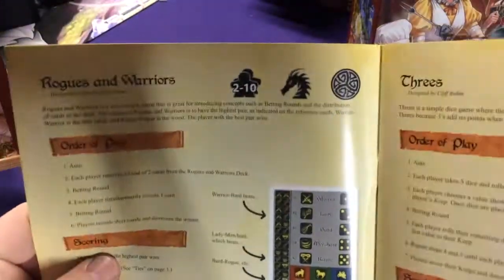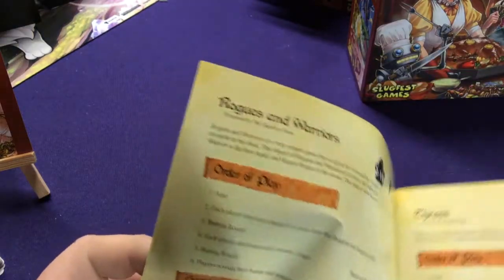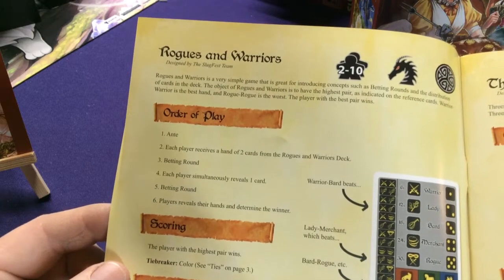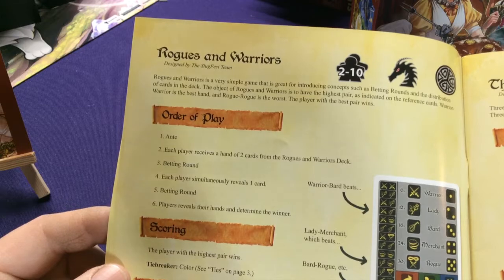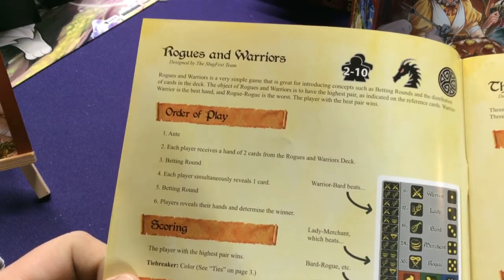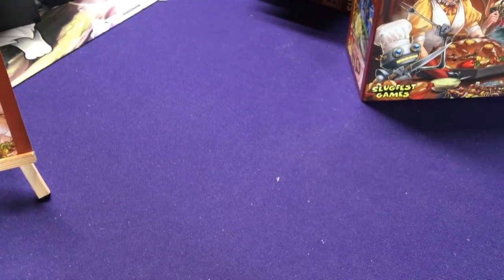More or less, they didn't really explain how anteing and betting work. But the idea is you're going to get 2 cards in your hand, so you can try to bluff people. Like, what do I have the best results of? So on the backs of these gray cards,